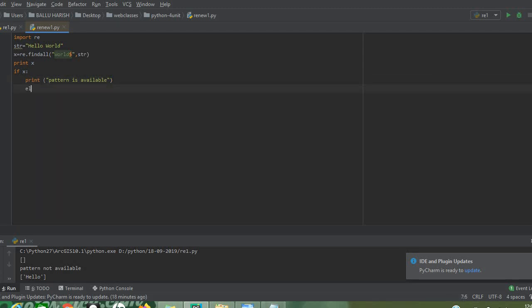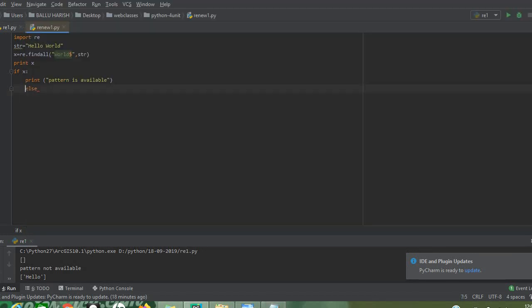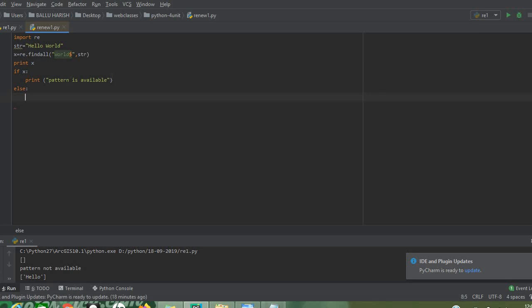Else, if it is not available, print: pattern is not available.